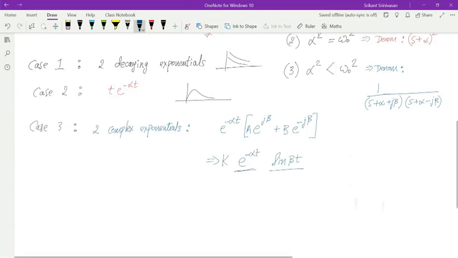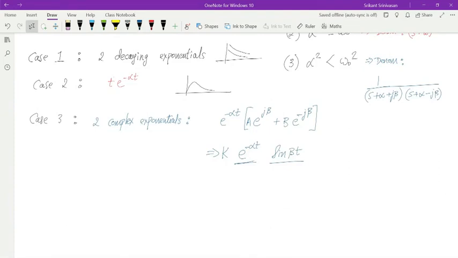So the fact is now you'll have two functions. One is exponentially decaying and one is a sinusoidal function. So you may end up with a curve that looks like this: you have a sinusoidal function that is exponentially decaying. So you will have another function on top of it, which is going down. Okay. So this is an exponentially decaying function. Then you will actually have that sine function going between them. That means there is a sine function and it is also exponentially decaying.